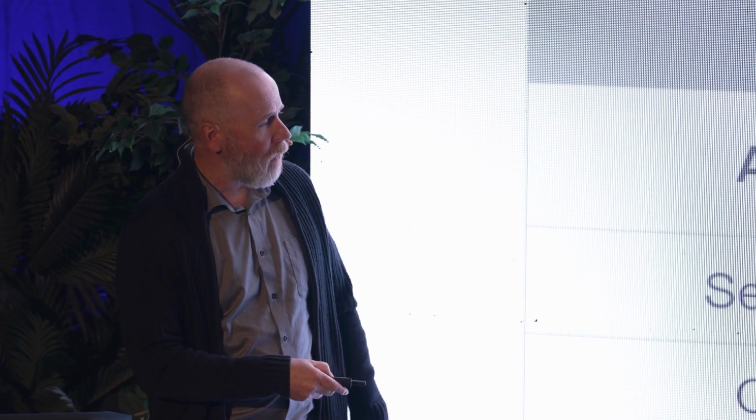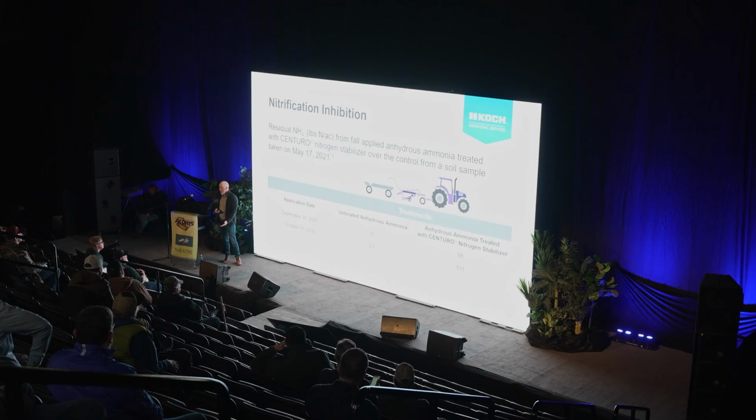We still have 88 pounds of nitrogen left as ammonium, so it's doing pretty good from a maintaining standpoint. We go to October 15th, that's after Thanksgiving, and it's going to depend on year to year. Some years we get a more open fall, some we get a really short fall, and it's going to change a little bit. But we're still seeing 63 pounds left as ammonium, which means the majority is still ammonium, and less of it converted